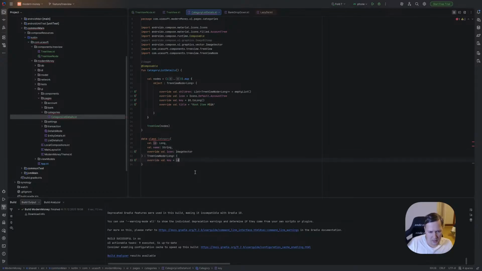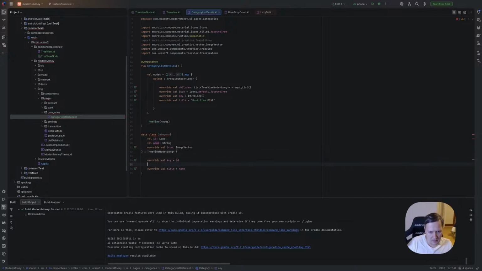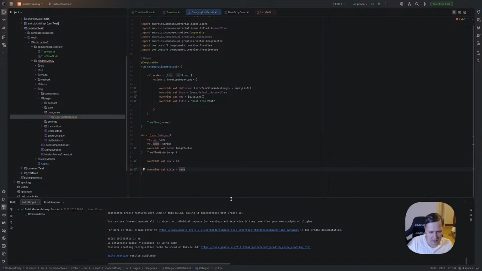We have name, so title equals name. And we have icon, and what we have last, we have children. So children, override children, and by default it's an empty list. Okay.